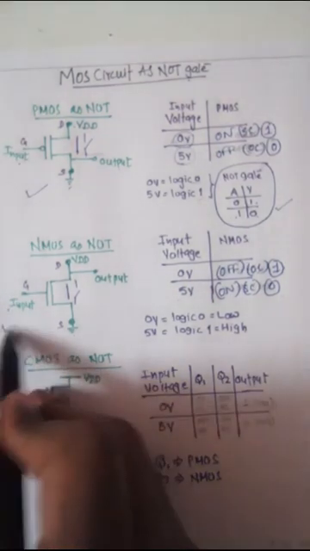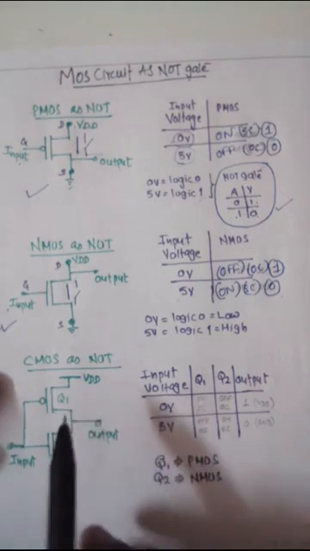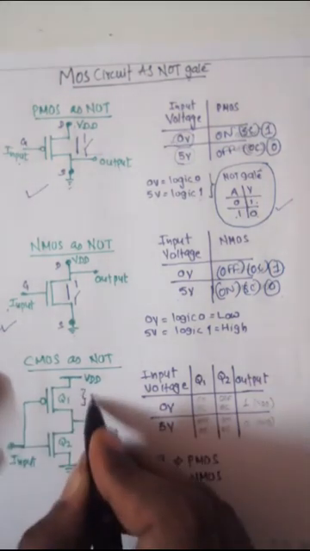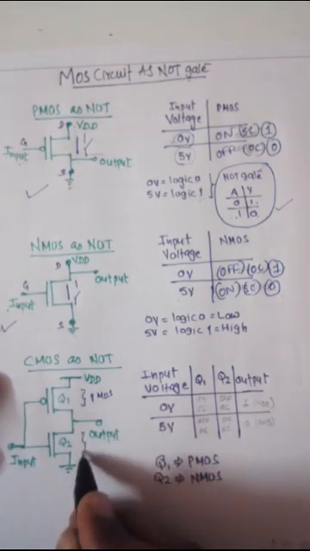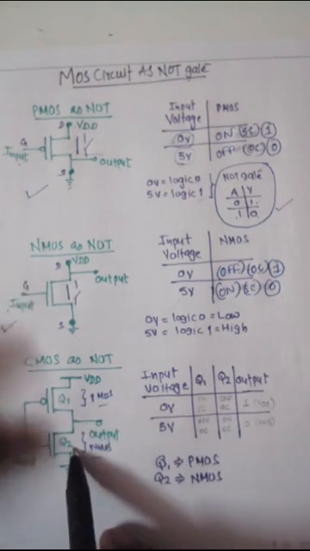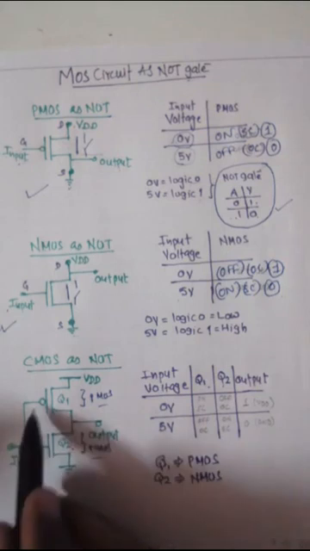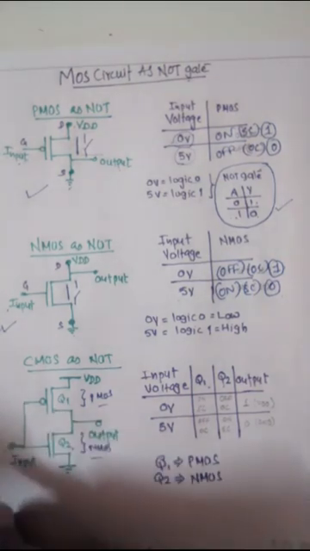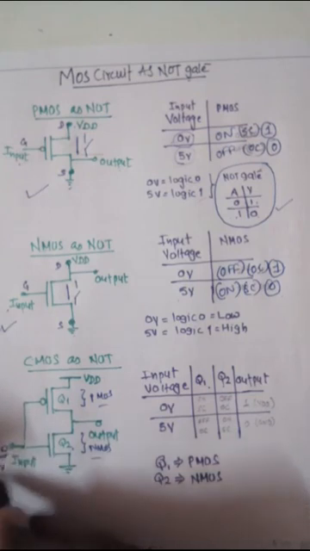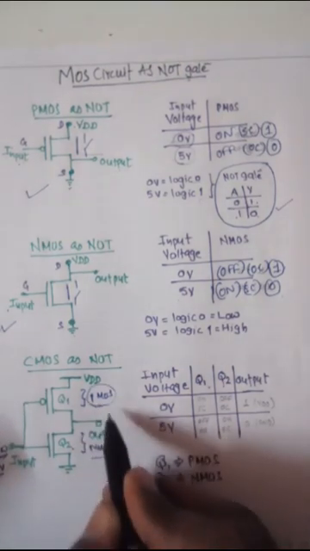Now in the same way we can use CMOS. In CMOS, what happens? We use one PMOS and one NMOS, Q1 and Q2, and the inputs are tied together. Suppose we give a low voltage, meaning 0 volt. At that time, what happens? When the low voltage is given, the uppermost one, the PMOS, will be in the on condition